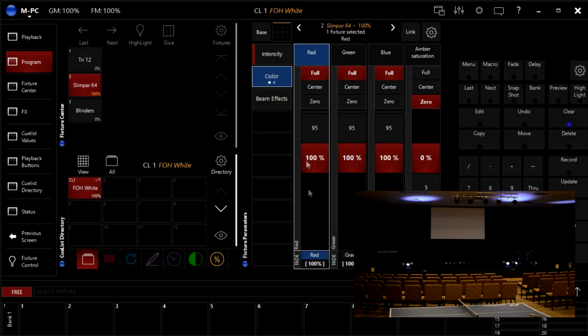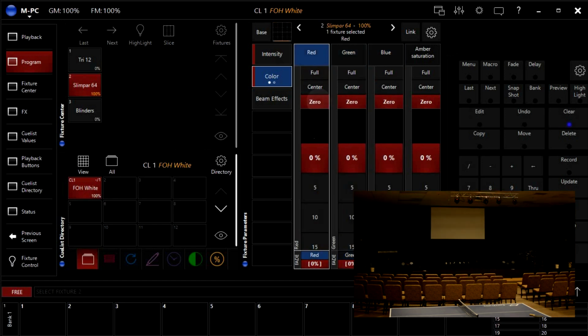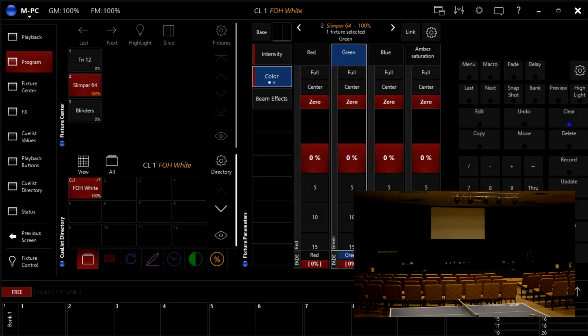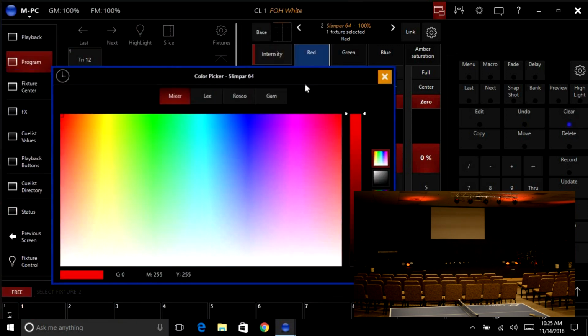So in my color options, like you see, you can manually adjust the intensity of the reds and also the greens and the blues. You have these quick options that you can click, but when you double click here on the bottom, it opens this, and it's like a mixer, and you can quickly select different colors. So that is going to be my red,